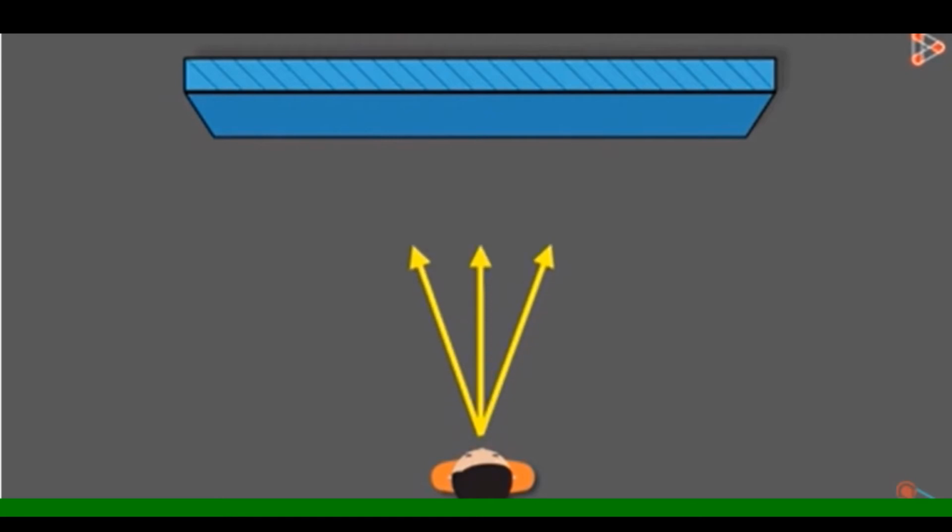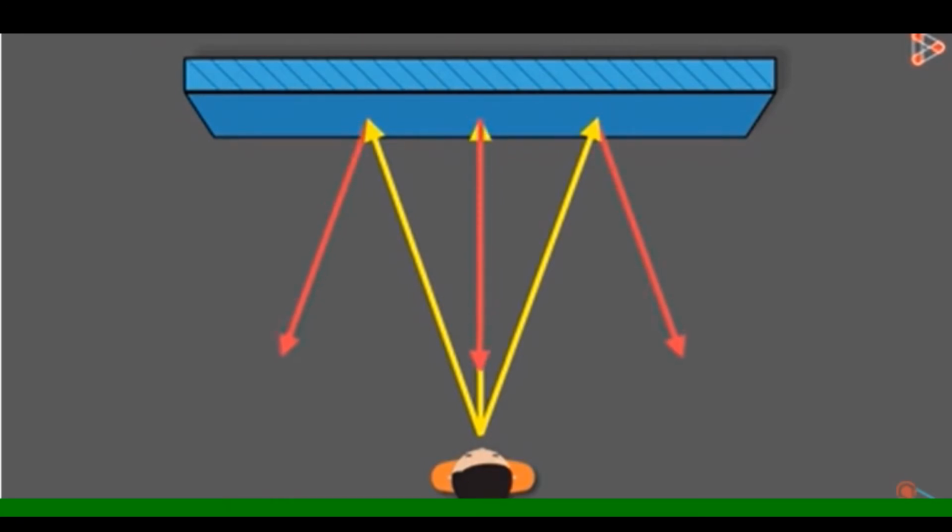So let's see why this phenomenon occurs and what is the reason for causing this. For that also I have used a simple video copied from YouTube, and we'll try to understand what is echo using this video. So here also it says that echo is the repetition of the same sound again and again by the reflection.